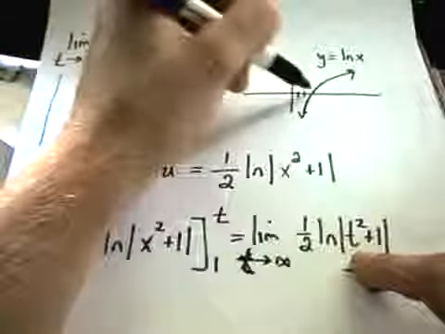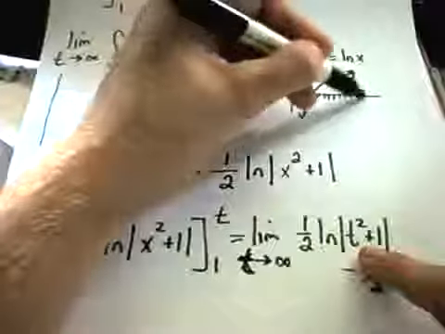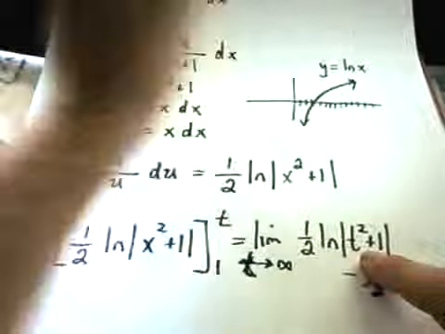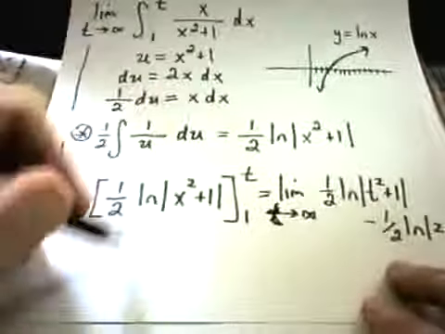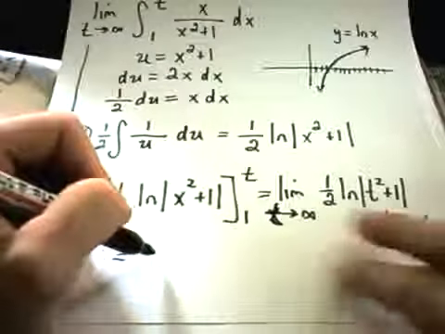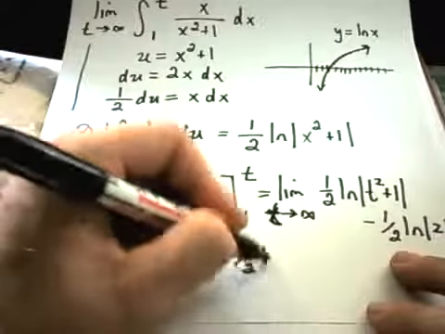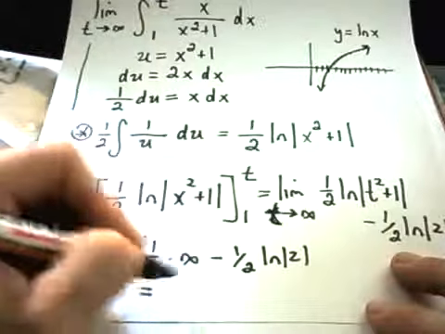As you plug in larger and larger x coordinates into the ln function, remember it goes off to infinity as well. Rather slowly, but it does go to infinity. So in this case, we end up getting 1/2 times infinity minus 1/2 ln of 2. Well, this is just going to be